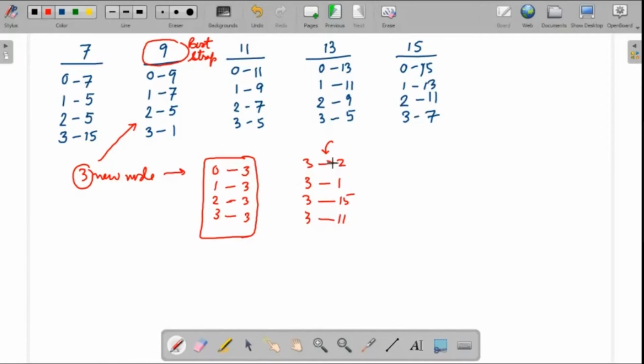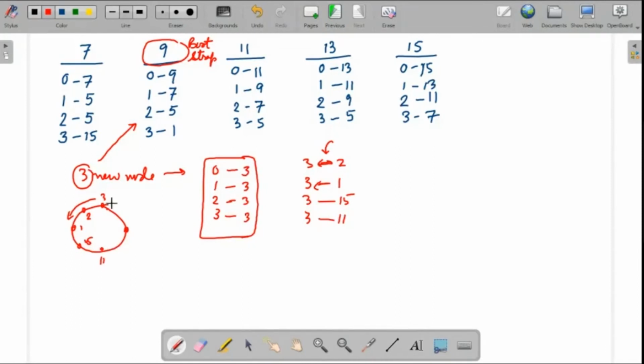I am going from this node to this, because I am doing it in a backward direction in the table. I am going in this direction when I am computing this. It's minus actually. So in this range, you are not getting it. 9 is always on this side. If I am looking at 3, 9 is somewhere here. So initially this has to be 2, this has to be 1, this has to be 15, and this has to be 11. So 9 is always somewhere here. It does not lie anywhere, so none of these entries will get updated. So 9 is not going to affect here.